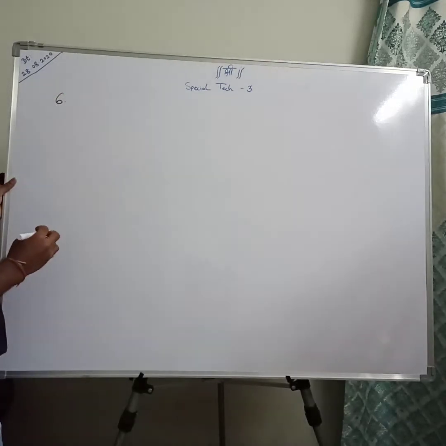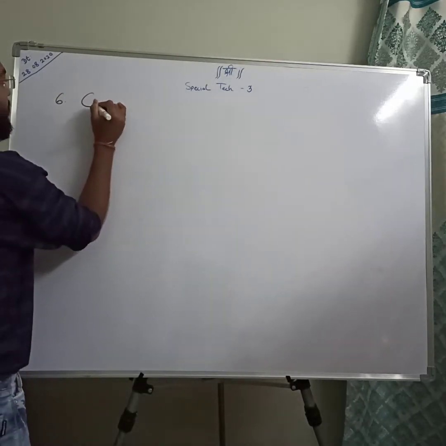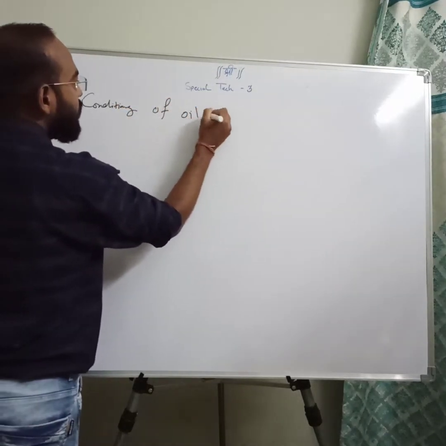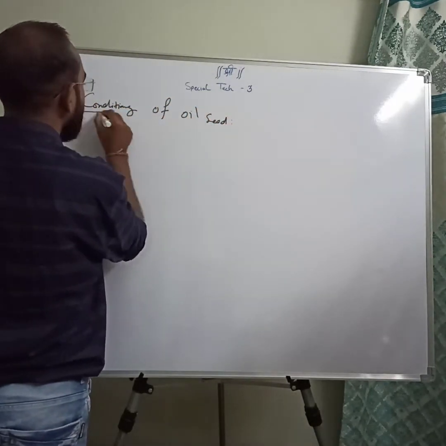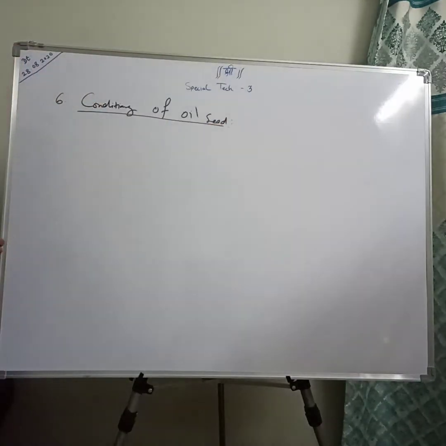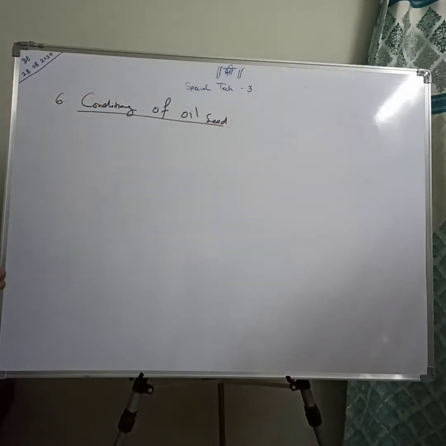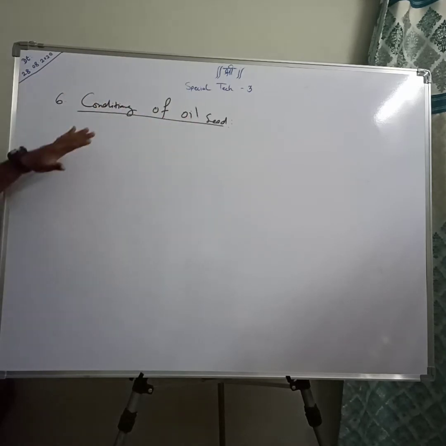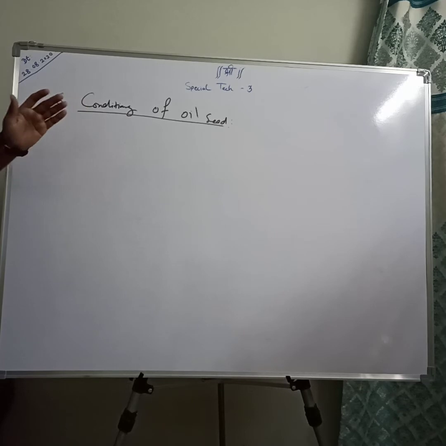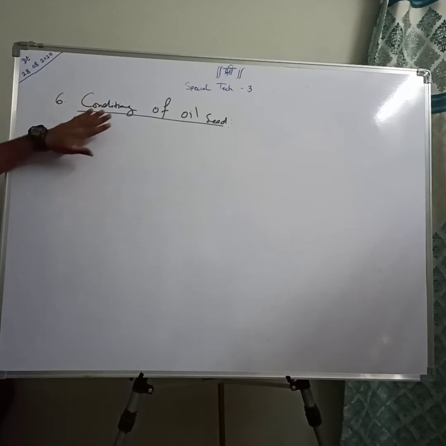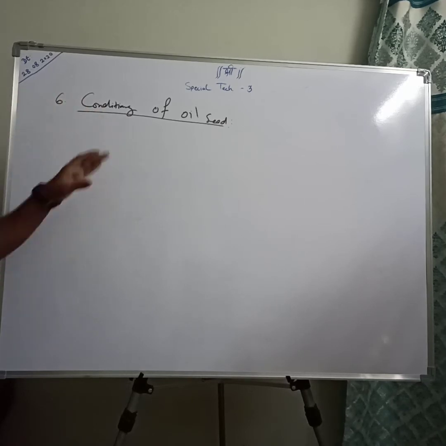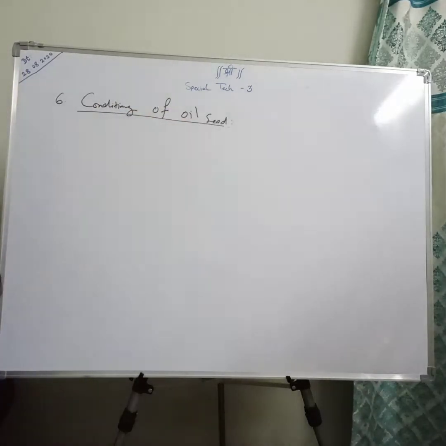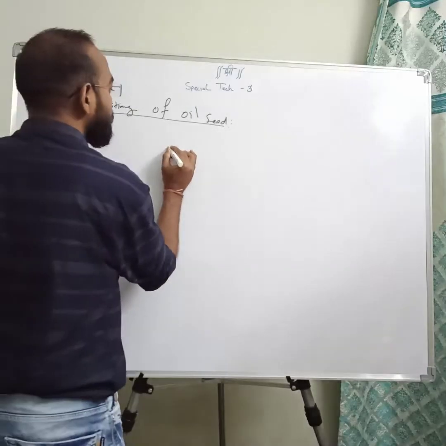This is the last step of our pre-treatment operation, conditioning of oil seeds. This is a very important step. Both heat treatment and conditioning are carried out in our cooker during the cooking operation, but there is a need to explain them individually. Conditioning of oil seeds, mainly known as conditioning, is the process in which oil seeds are brought to the optimum level